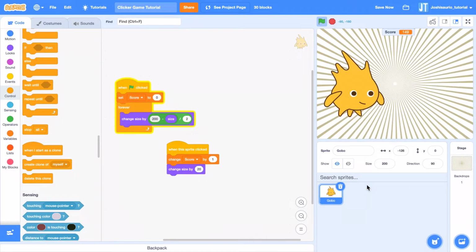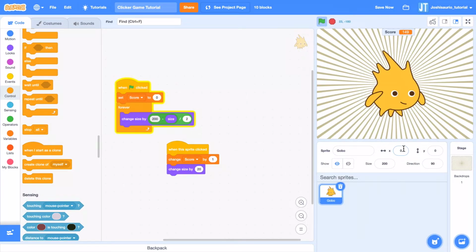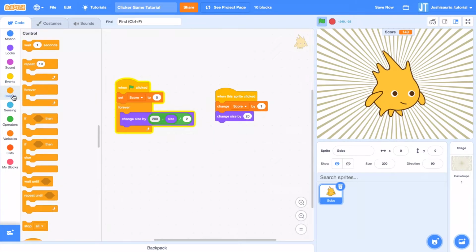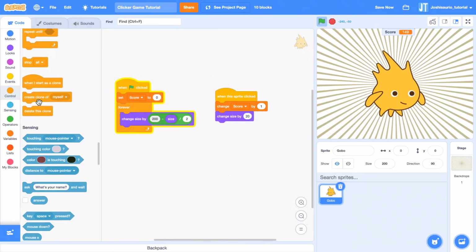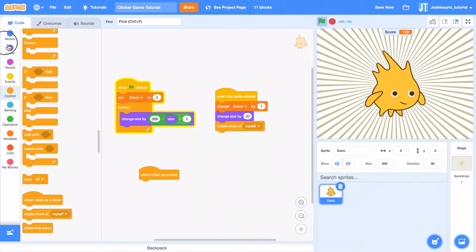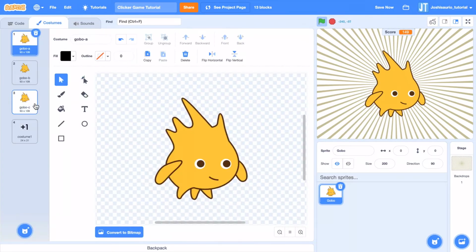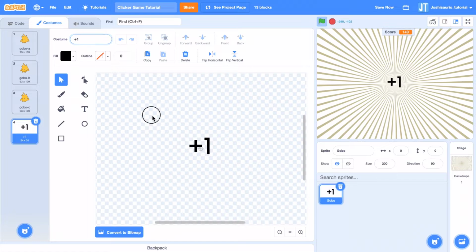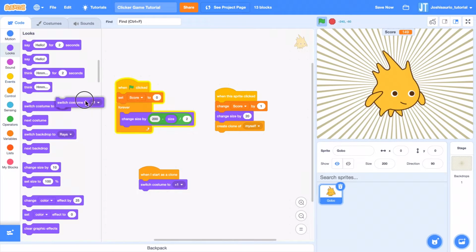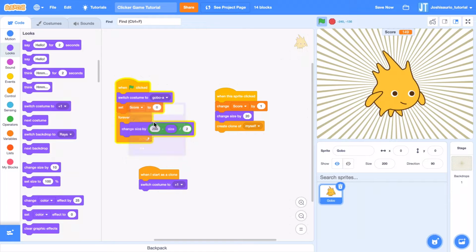So we'll simply delete these extra Gogos, center our Gogo again, and now we're going to go to the control category. Next, we simply scroll down and find the create clone of myself block, and we drag it here. Now when I start as a clone, let's make it switch its costume to the costume 1. Let's name it +1 to make it easier to identify. We switch back to Gogo, and here we make sure to switch the costume to Gogo, or the sprite that you're using. So now, when we start this project,